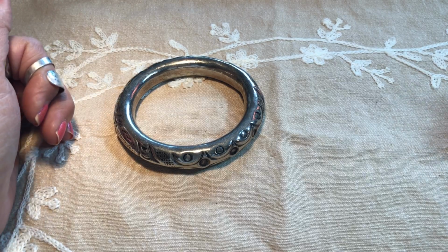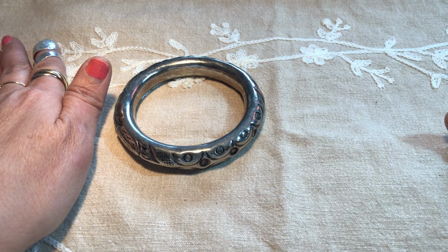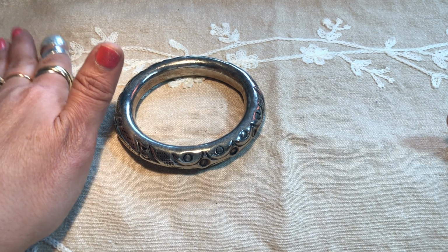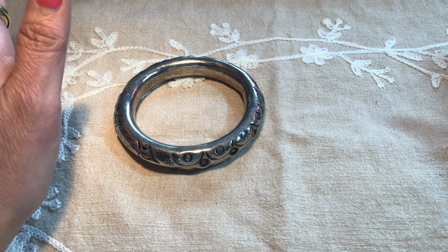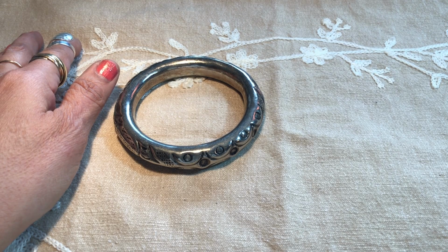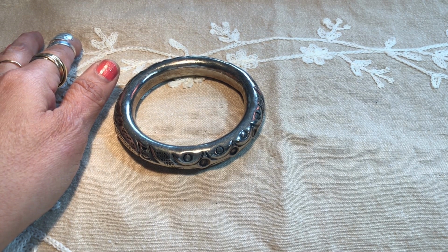So I'm really excited also to tell you about some statement necklace that's sold. This is one of the first things that we talked about in my first installment of my new Sunday series that is geared at selling strategies and how to get you the most profit as fast as possible for your jewelry, for your finds. And so I'm really excited that this necklace sold, because it was one of the, I